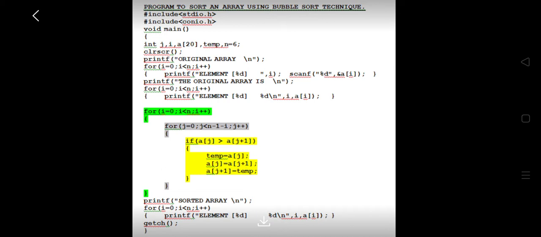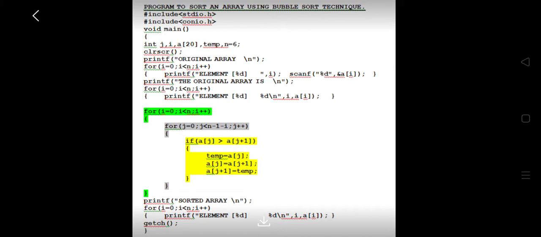Now on the screen you can see the program which involves a bubble sort technique. Sorting basically means arranging data in ascending order or descending order. The program on the screen will be arranging the data of an array in ascending order. If you look closely, there are loops which enter data from the user and display the data to the user, and also there is the logic of the bubble sort technique, which has been shown by the highlighted section of the program.